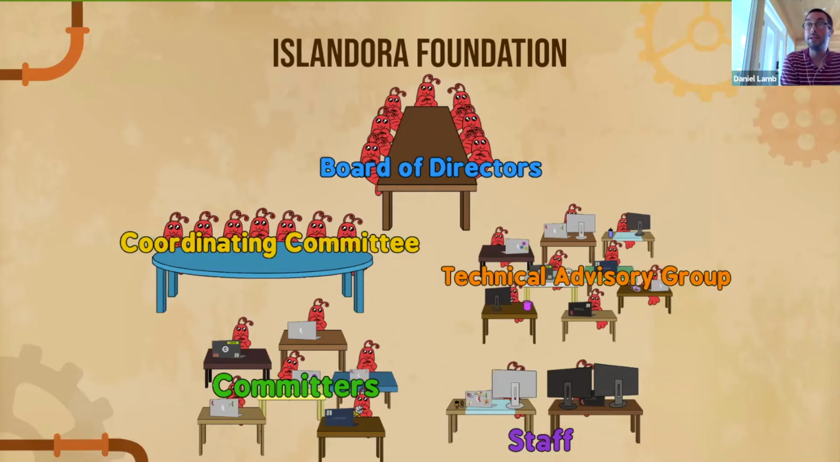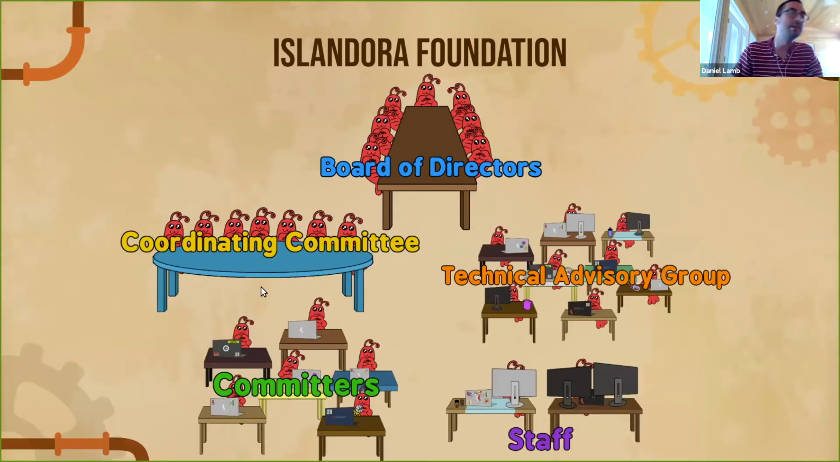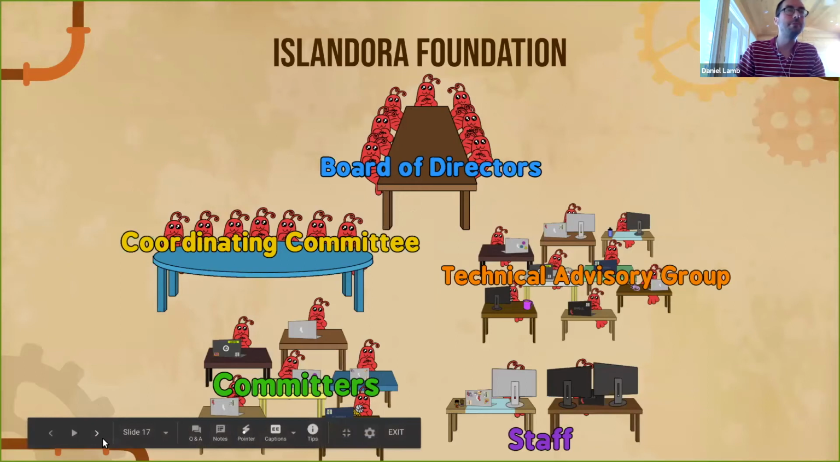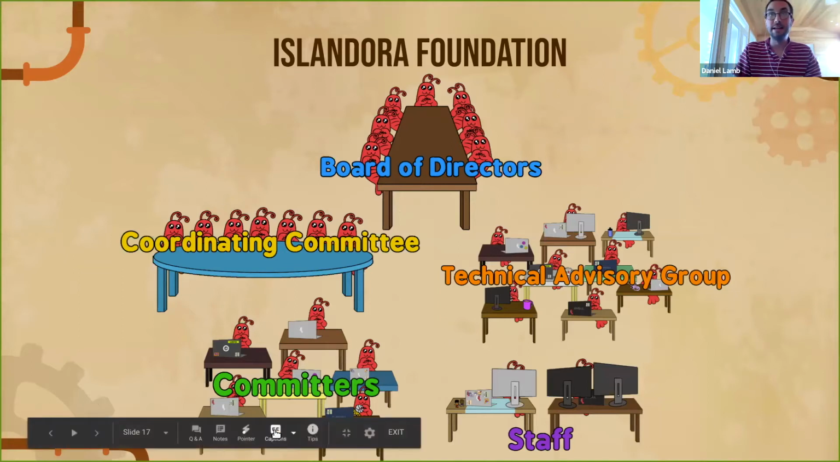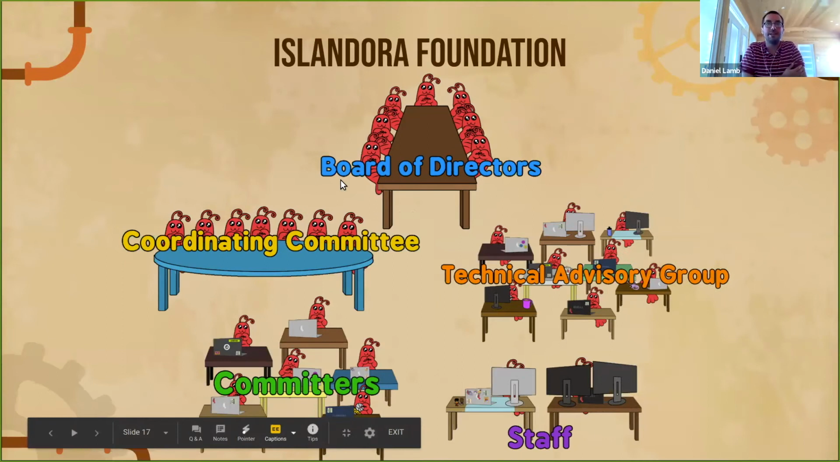The coordinating committee, you may have heard, is a group that you can get on with a certain level of membership. And the coordinating committee orchestrates all of the social stuff, these events, the code of conduct, things like that. The technical advisory group sort of is like the technical version of the coordinating committee,